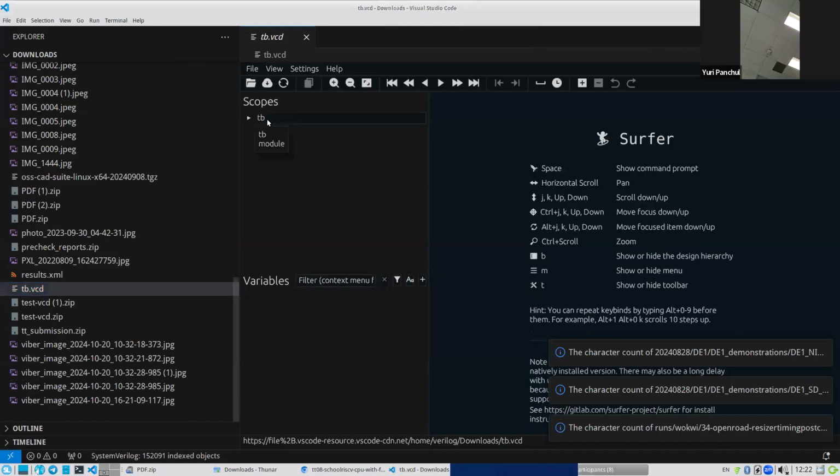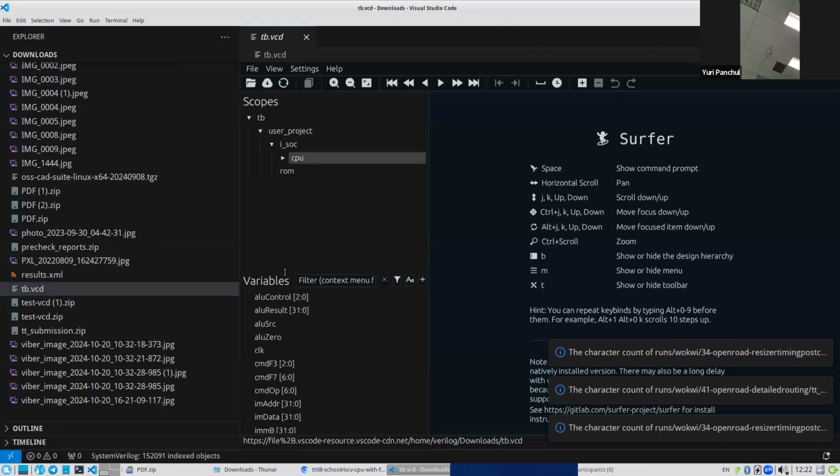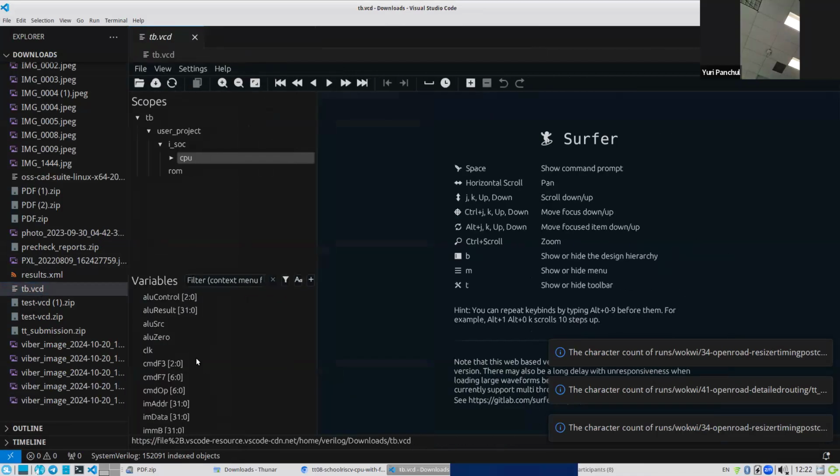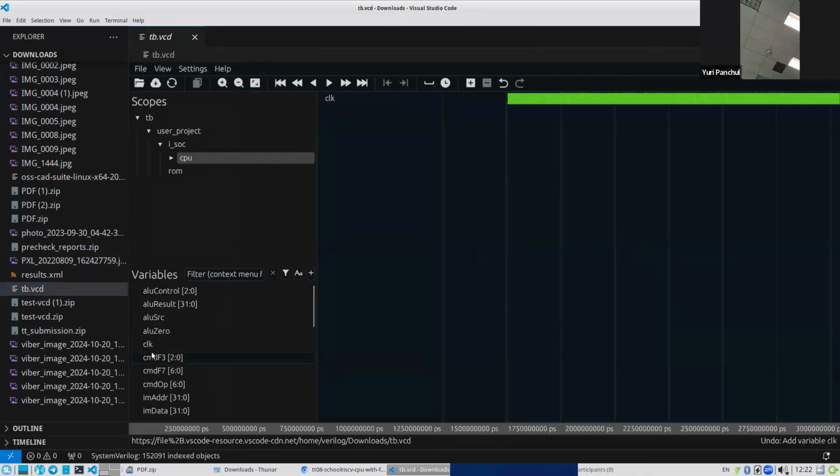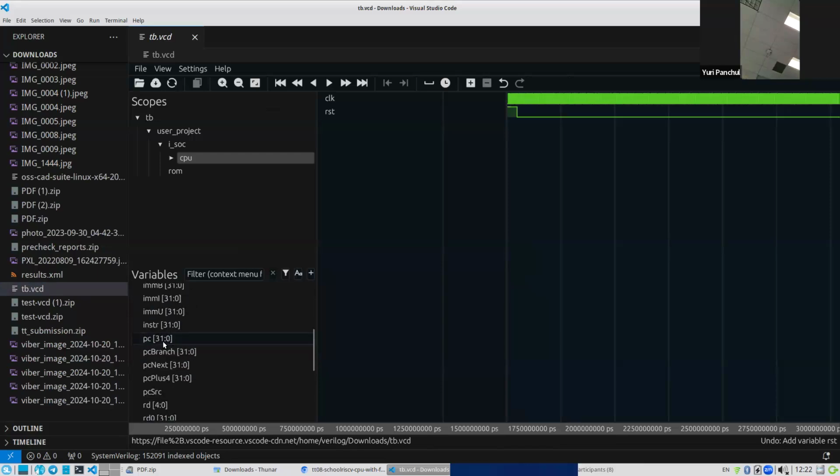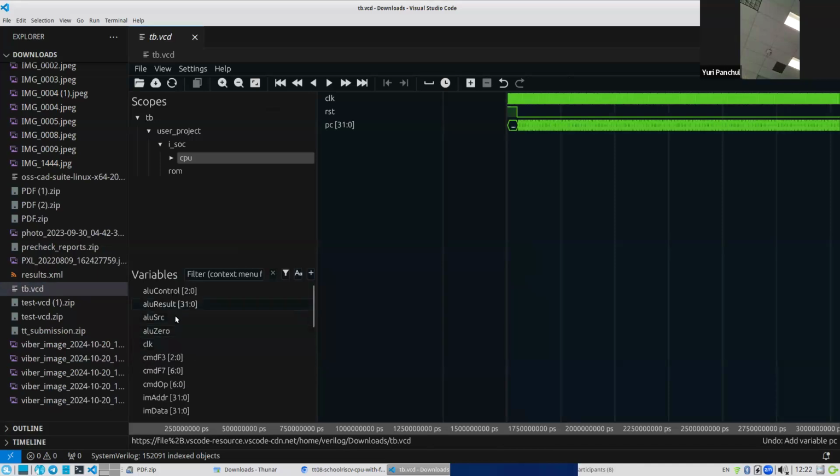What you see in Surfer, you can click on TB, click on user project, click CPU, and add CPU variables. So let's put clock. You see it adds clock. Then let's put a reset. Then we add program counter, and then we add